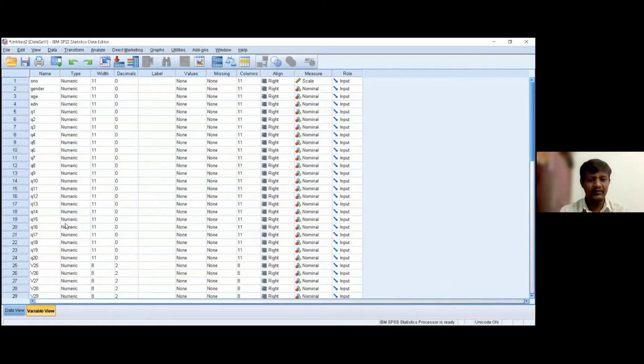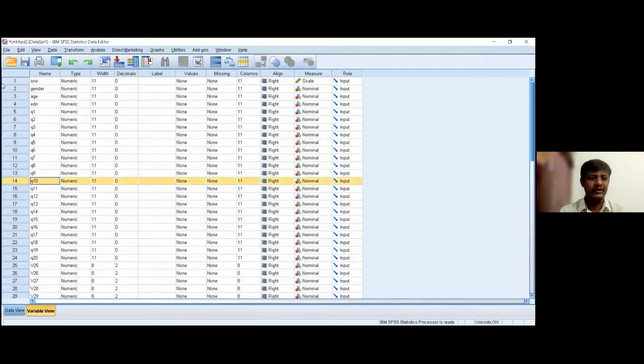In variable view, we can identify these things. Serial number, we are not going to do anything with serial number, so we can remove that variable from this data set. Even if you don't remove it, no issues, but we have to keep in mind that we have one unwanted variable. So for better understanding, let me remove this from the data sheet.